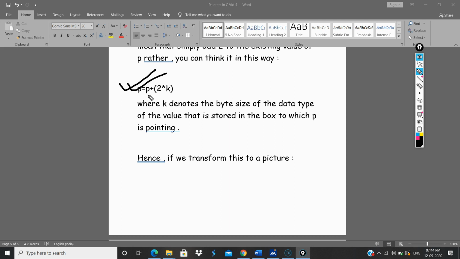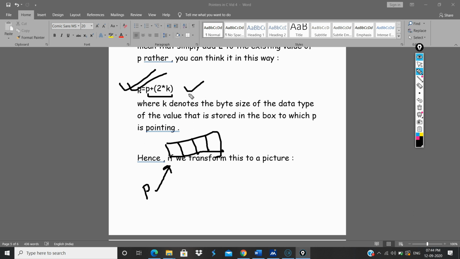If here it is p is equals to p plus 2 times of k, whatever the resultant address it produces is stored in p. Suppose you assume, just a small picture I'm drawing, p is initially pointing to the first element.